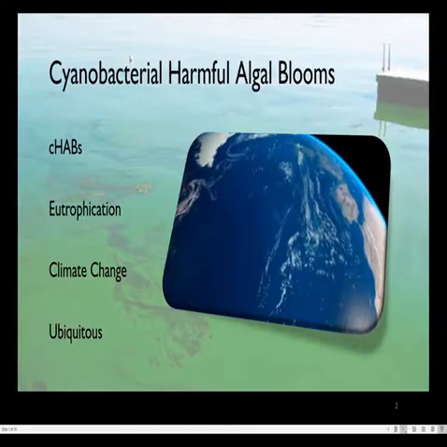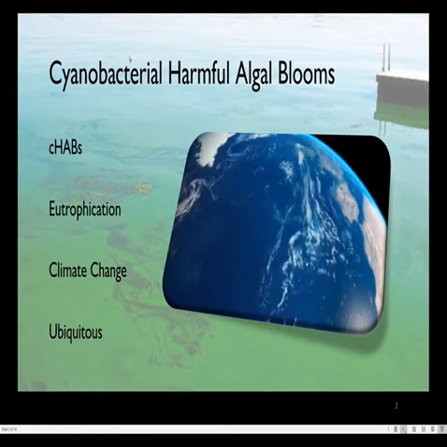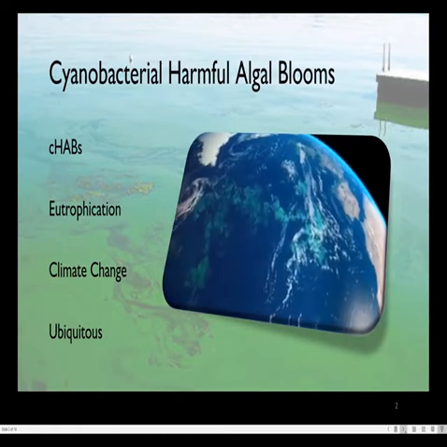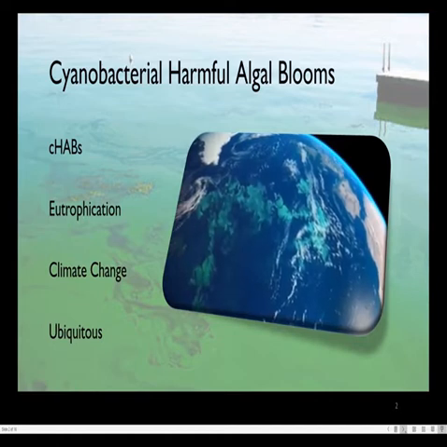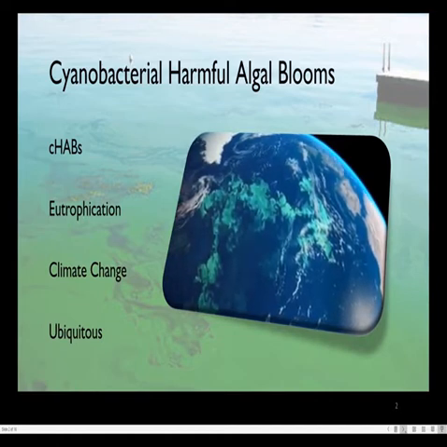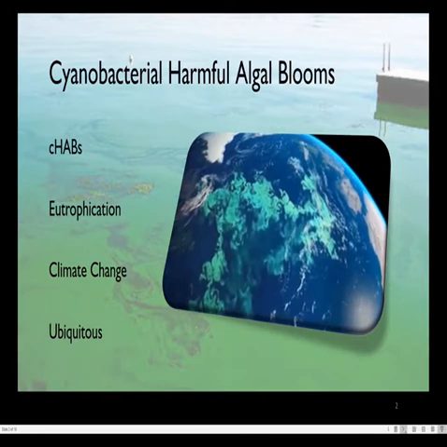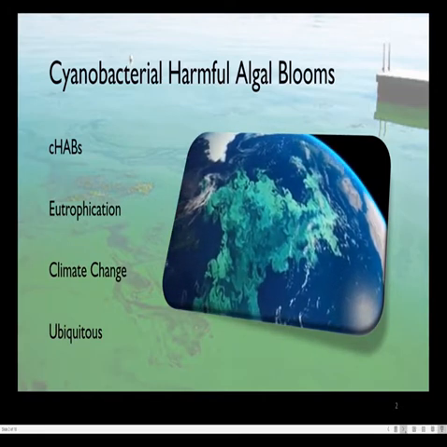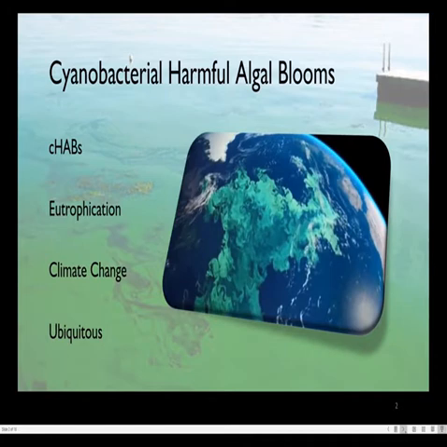So, as I said, cyanobacteria can have negative impacts on places that they are present in. They can become harmful algal blooms, or CHABs. They become prevalent due to eutrophication, which is increased nutrient content, such as higher nitrogen as well as higher phosphorus. This eutrophication can be from agricultural resources, such as farming runoff, fertilizer runoff, and it can also be due to higher productivity from higher temperatures due to climate change.